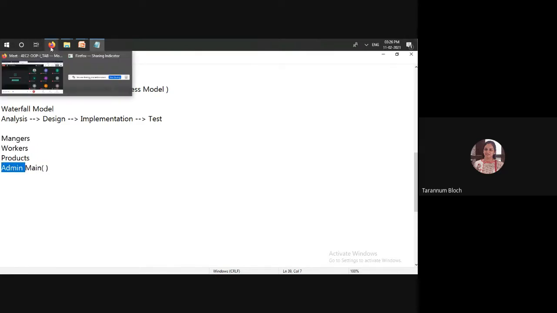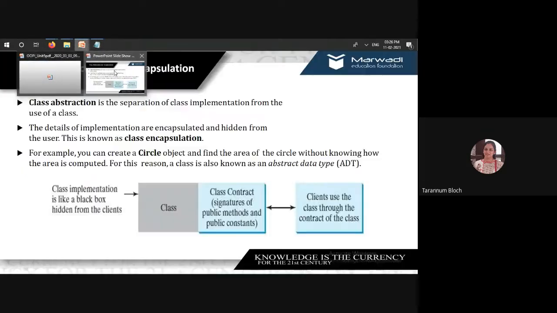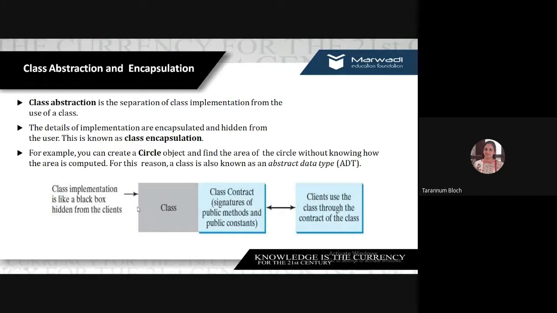But for client, these objects are just a black box. They don't know what it is. Fine. So you can say the class implementation or how the coding has been done is hidden from the client, because client is not a technically literate person. Fine.